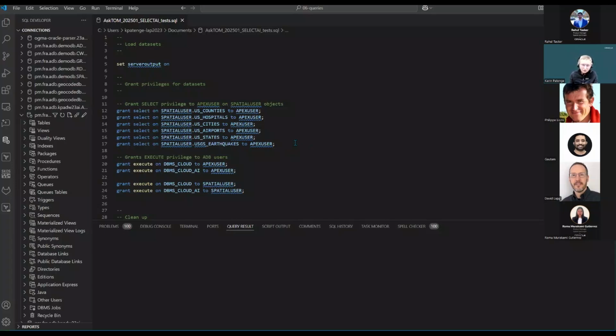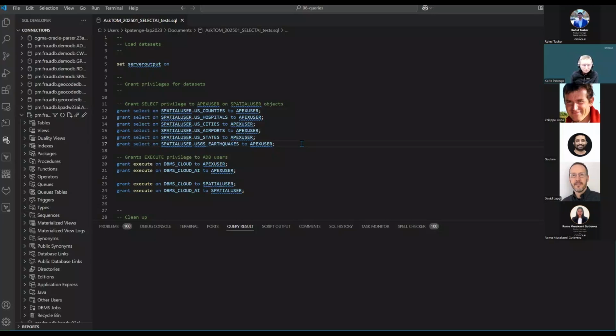So a typical use case is that I have an application user which is used to create my Apex applications. In my case, this is called Apex user. And this Apex user has permissions to select data from tables in the schema Spatial user, and specifically those tables are used counties, hospitals, and so on. So these 6 tables are owned by Spatial user,